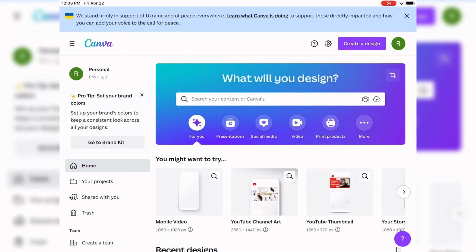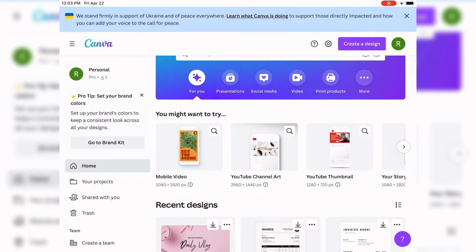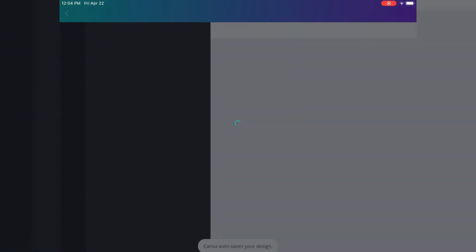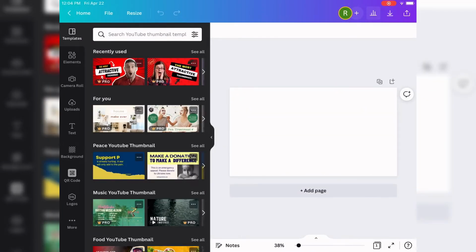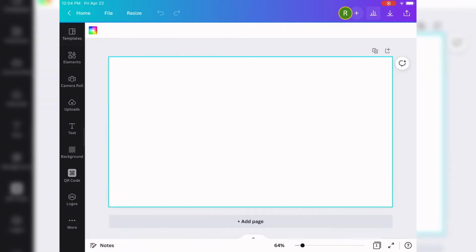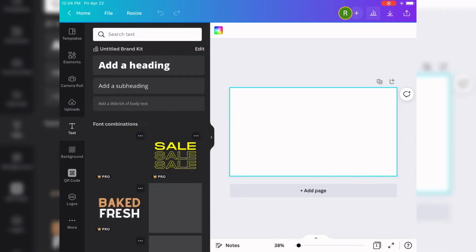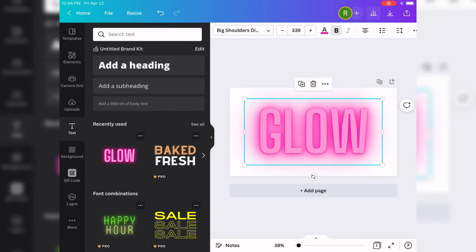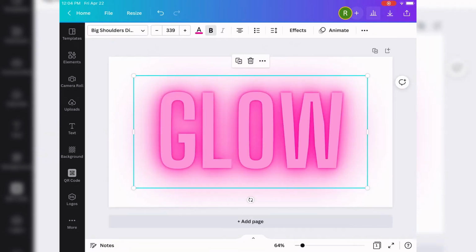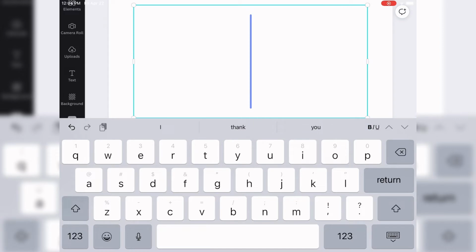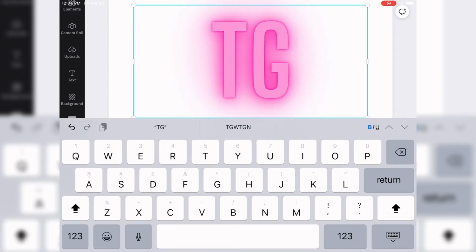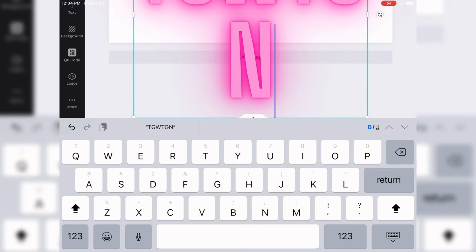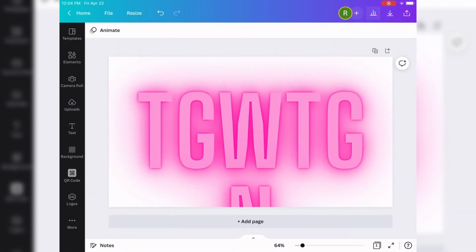Now we're gonna hop right into Canva, and when you are doing this transparent text, you don't have to select a template in particular. You can honestly just use anyone that you like. So I ended up going with YouTube thumbnail, and we're gonna go into text, and I'm gonna click the text with the glow effect here. And pretty much, you guys, honestly, you can choose any font that you desire, whether it's calligraphy or all caps,